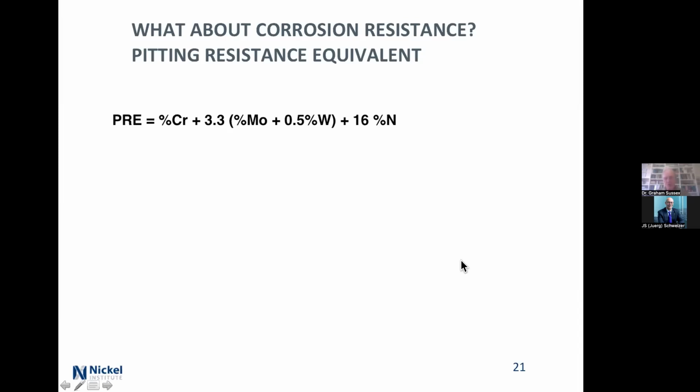Unfortunately, you can't get more than 0.5% of nitrogen in, and mostly you're looking at less than 0.1, 0.15, perhaps 0.2%. Whereas chromium can go up to 27 easily, in the mid-30s. Moly, you can't go above about 7, and tungsten isn't going to do very much anyway. If that number comes out at more than 40, then it's called a superalloy, not because of strength, simply because at greater than 40 it will stand up to seawater. Ambient seawater, I might point out, not hot seawater.